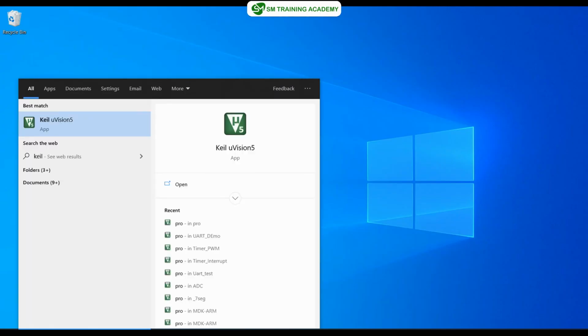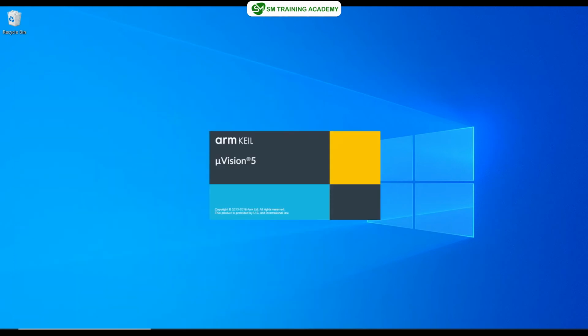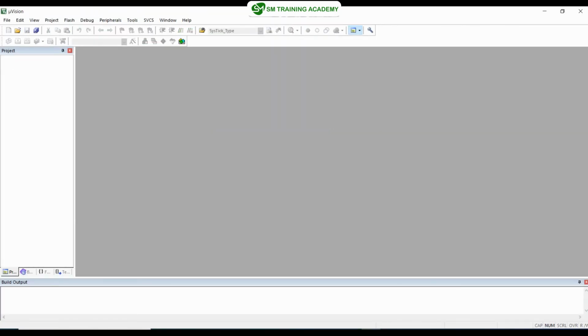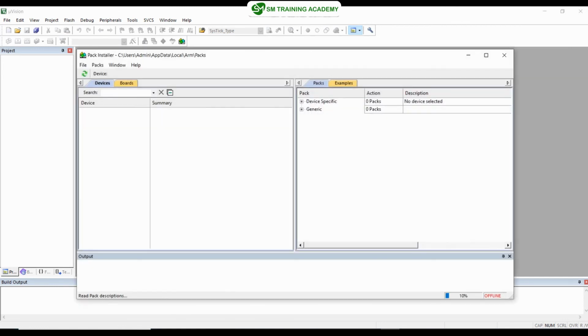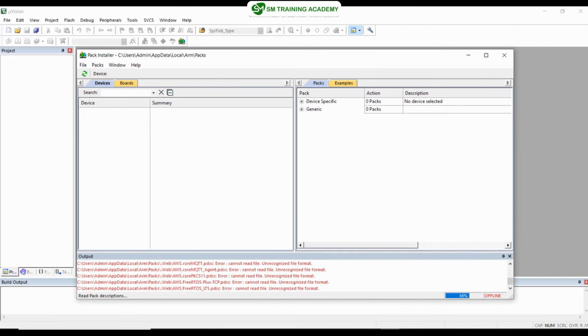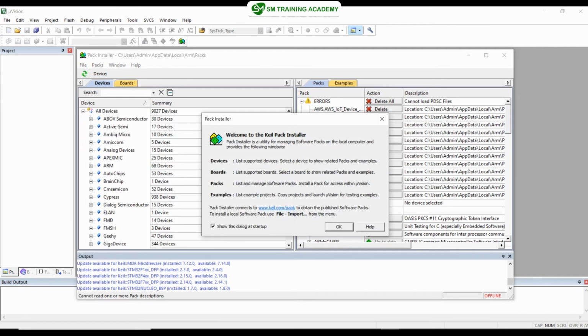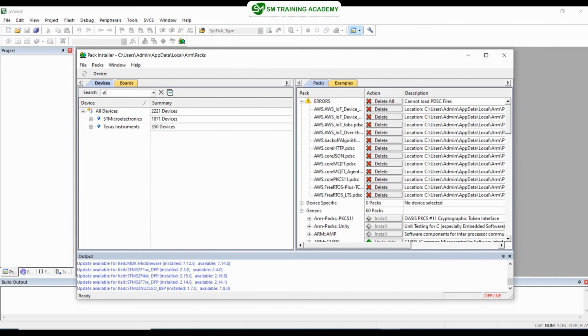Once you have successfully installed the Keil MicroVision IDE, just open the IDE and click on the pack installer icon right over here. Connect your PC to the internet via Wi-Fi or through Ethernet cable, and then you just want to make sure the packages that I am going to show now are installed in your PC. That is, you just want this